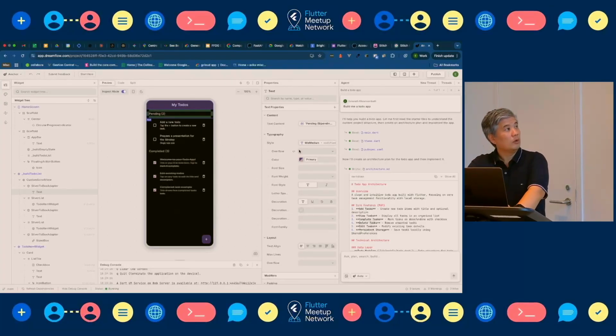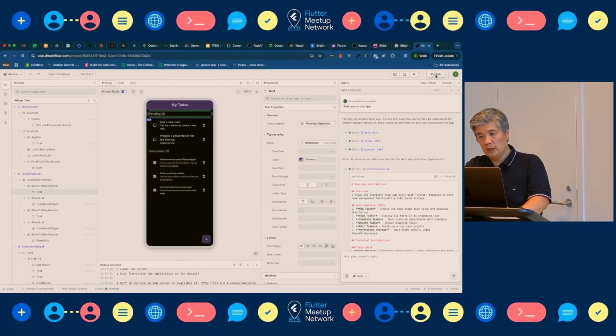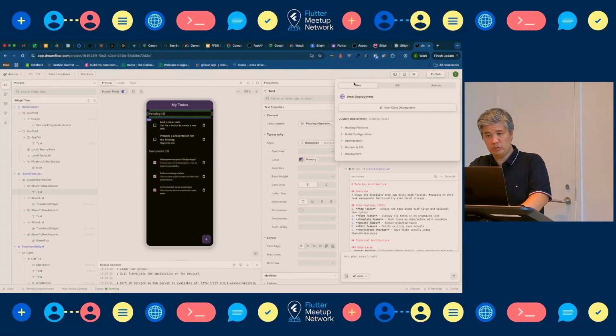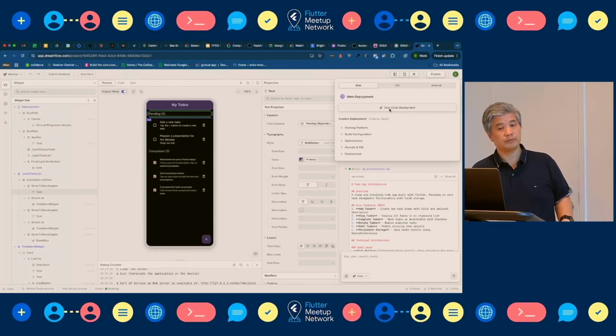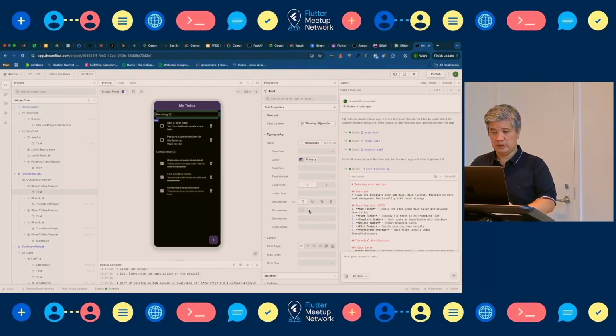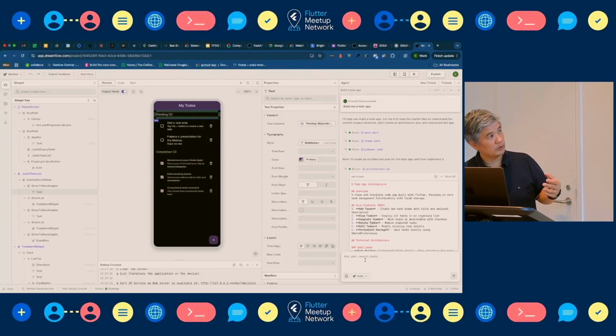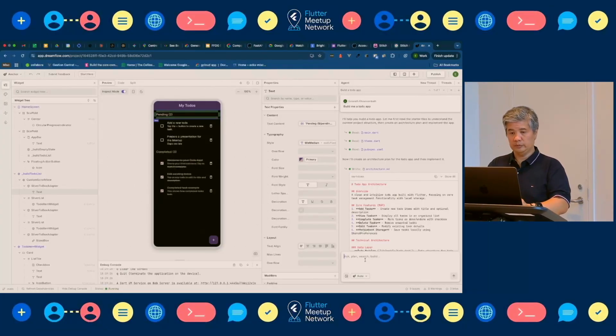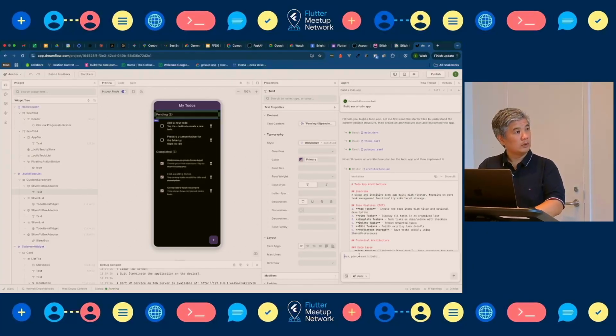And at the end, if you are okay with your application, you can publish it. Here you have a small button to publish. For now, you can publish on the web, on iOS or Android. We are going to talk about the pricing plan after that, and how it works. A simple click is going to take care of everything for you. And after, you can update the application. You can keep working if there's something that you don't like or you want to change.